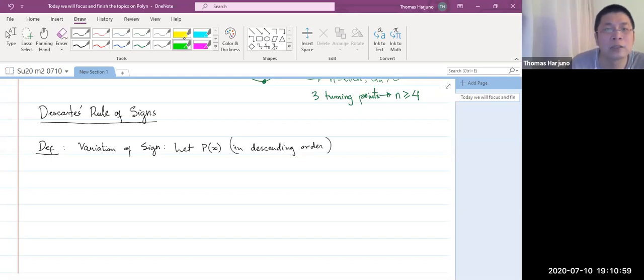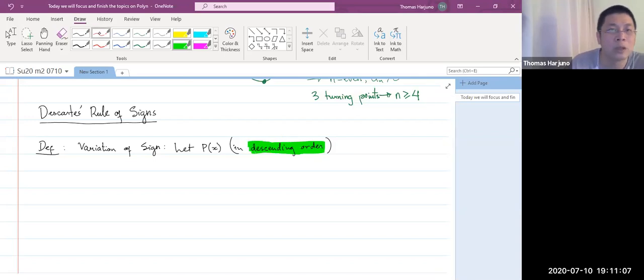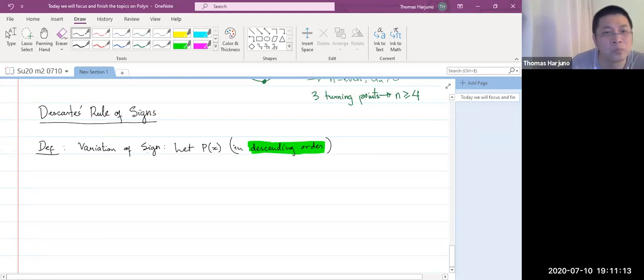Okay, emphasize in descending order. Actually, that's a given. Once I say a polynomial, then you should actually see that in descending order. But to emphasize that, I write it there that it is in descending order. Then the number of